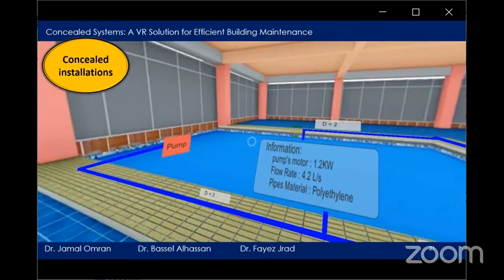Traditional methods are time-consuming and expensive, and often lead to unintended damage during access. Outdated or inaccurate plans further complicate the process, hindering efficient maintenance planning. We present a novel VR-powered solution for mapping concealed building systems within walls, floors, and ceilings. This digital representation provides a precise and up-to-date record of buildings' hidden